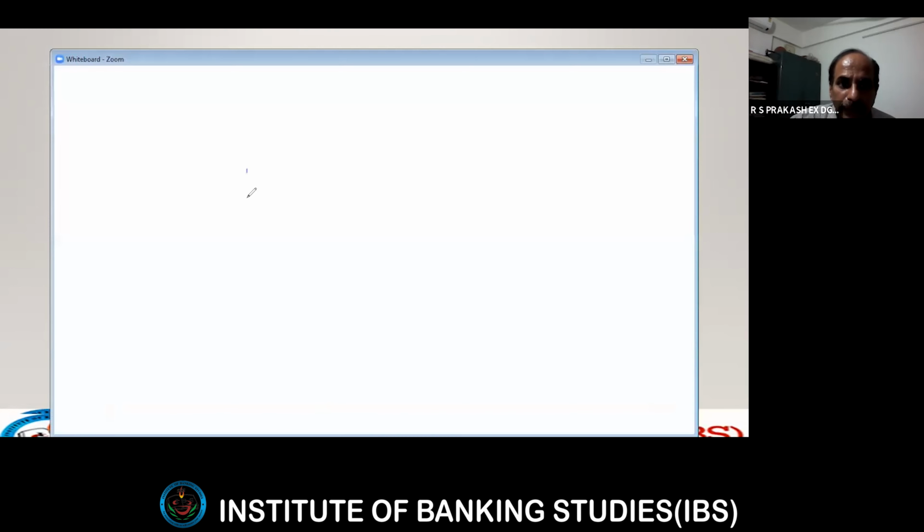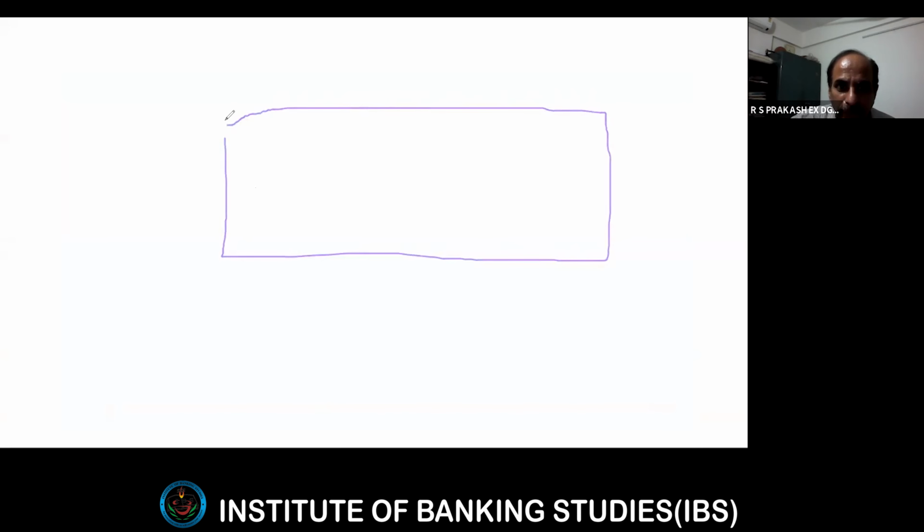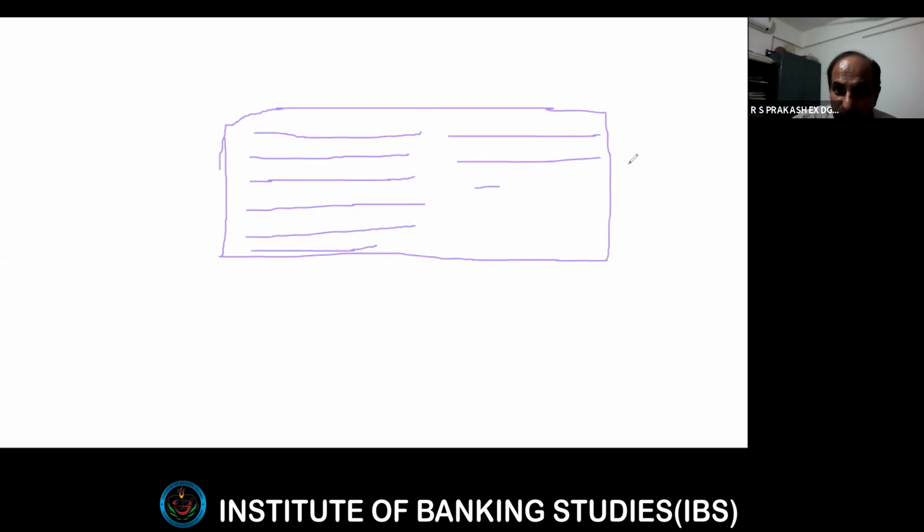See, this is a check, the back of the check. Imagine this is the back of a check. Only this much space is there. So Prakash will write to Suresh, please pay to Suresh. Suresh will write to pay to Krishna. Krishna will say pay to Rama. Rama will say pay to Lakshmana. Lakshmana will say Bharata, Shatrughna. Then again A, B, C, D, E, F.